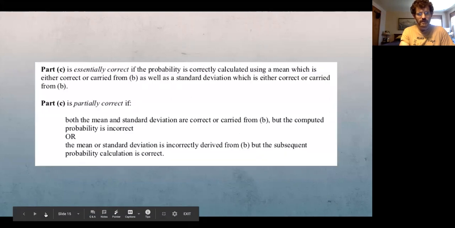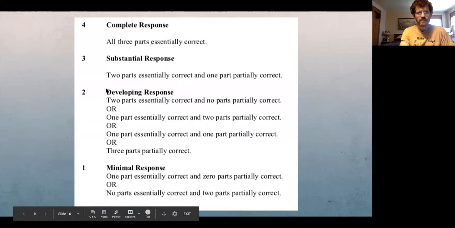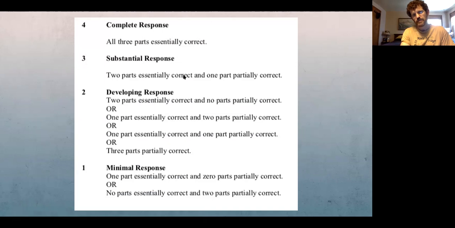So anyways, it looks like I got that one essentially correct. So in this case, maybe we'd call this a 3. I got 2 parts essentially correct, but on part A, I didn't directly answer the question, so maybe they'd only give me a partially correct on that. Maybe they're generous and they call it essentially correct, but I don't,